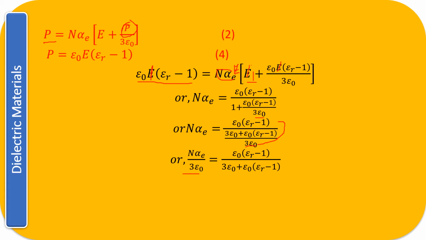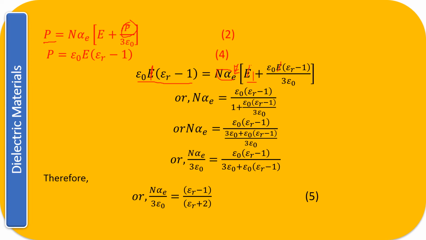And I will suggest that you should always sit with a pen and pencil and try to do this simple algebraic solution, so that you will have clarity in your mind, right? So now I am going to rearrange again, and whatever is common has been cancelled. Now you just open this bracket. So 3 epsilon naught into (epsilon r minus 1). This also you can write as epsilon naught epsilon r minus 1, and whatever is the common thing, you just cancel it, and the final value that we will get is